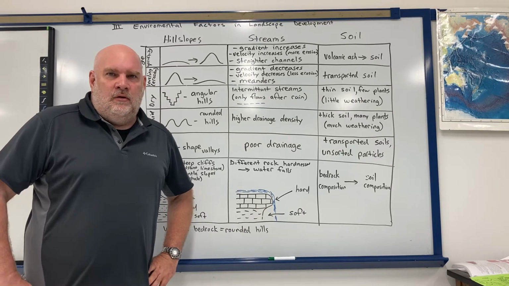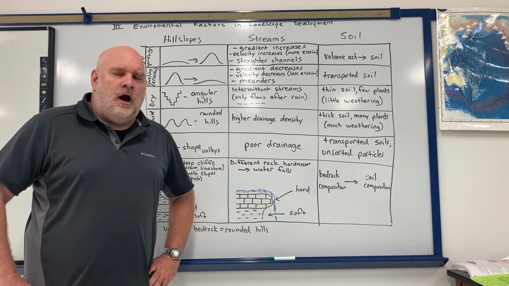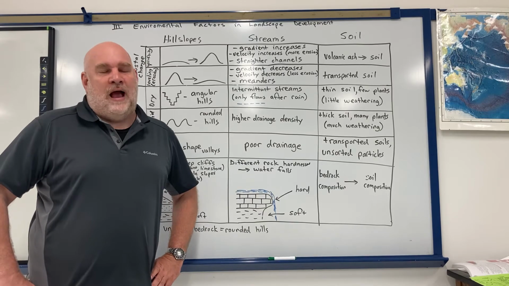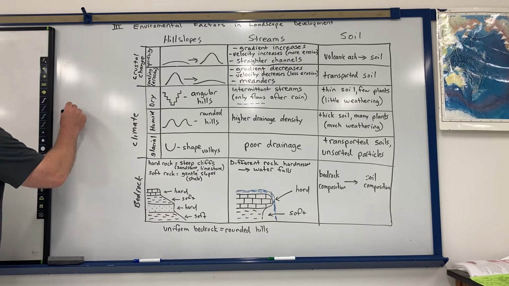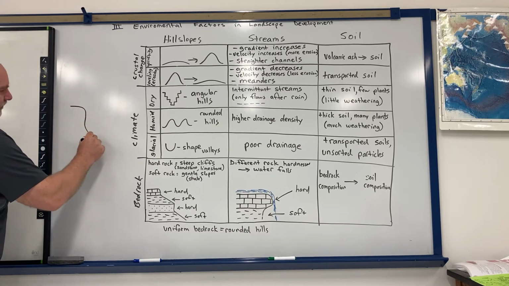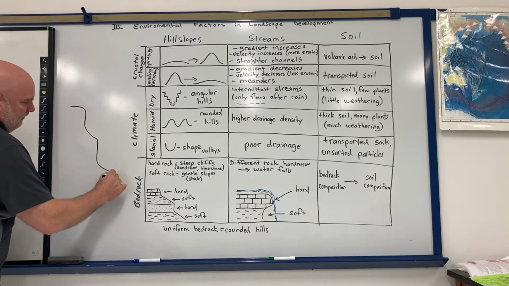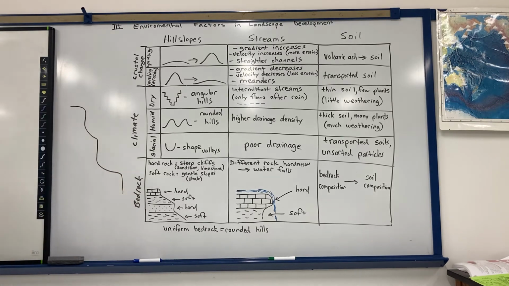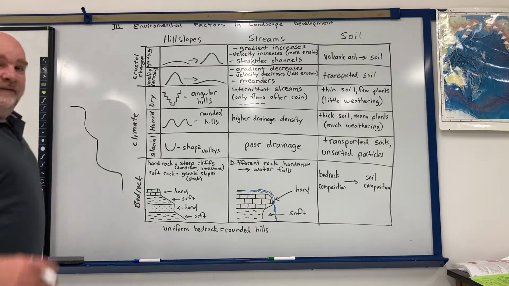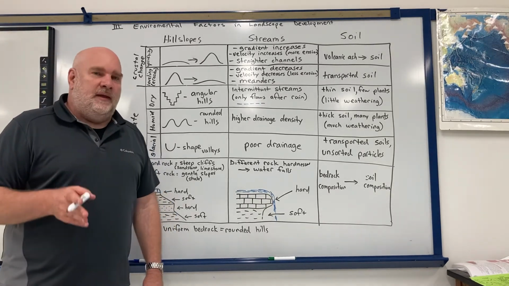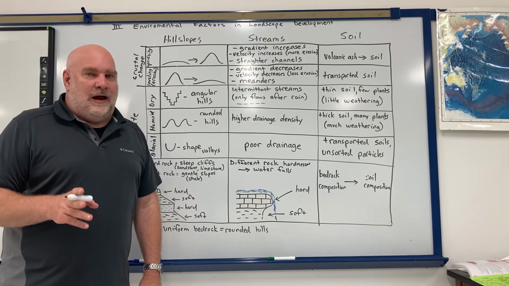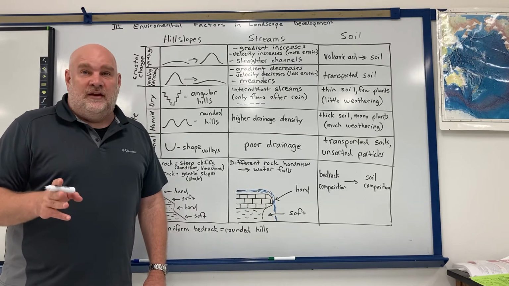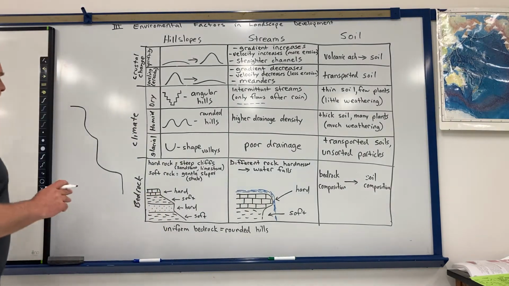Now, just by looking at the shape of the side of the hill, I could figure out how many rock layers there are, and I can make some inferences about what those rock layers might be. So for example, let's say the side of the hill looked like that. From that, I can figure out how many rock layers there are. And how I'm able to do that is wherever there's a difference in hardness in the rock layer, it's going to cause a difference in the slope or gradient.